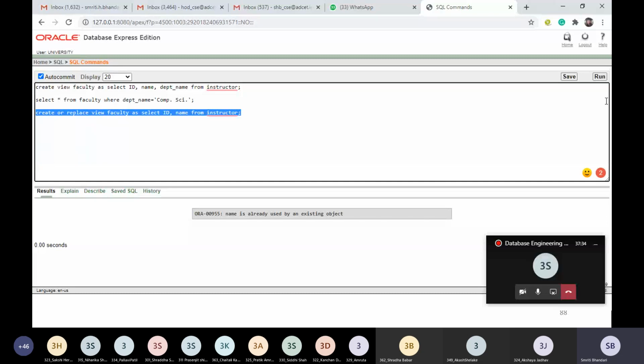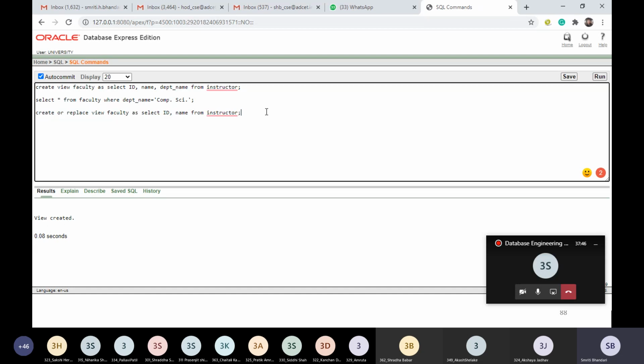If I try to execute this, now it should work because I have written the statement create or replace view, right? So I'm getting the message view created.